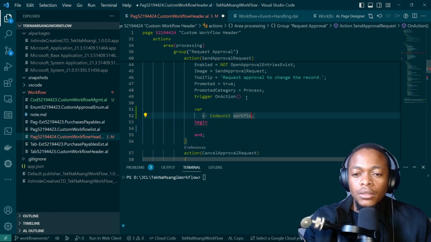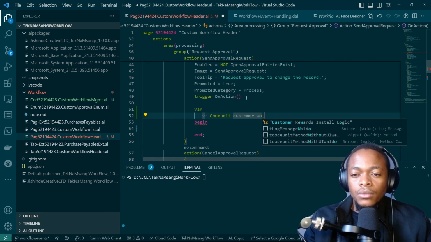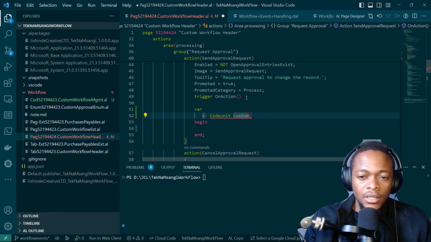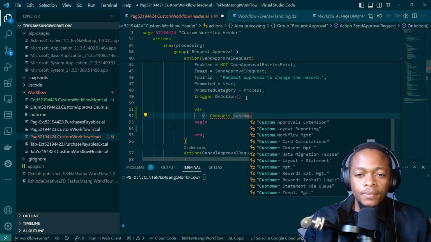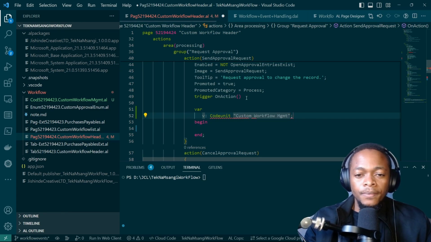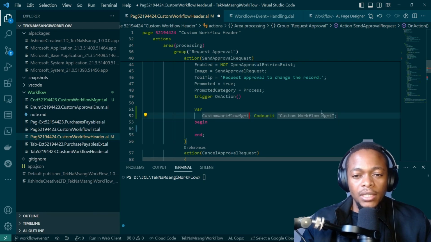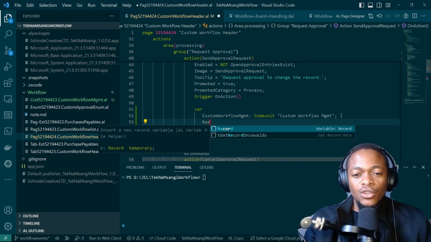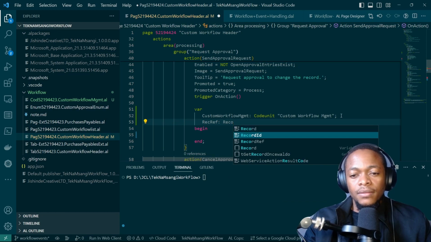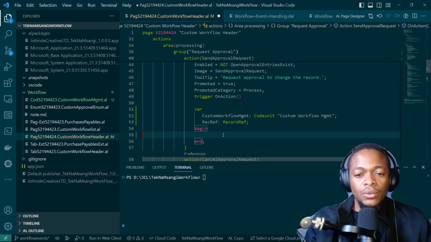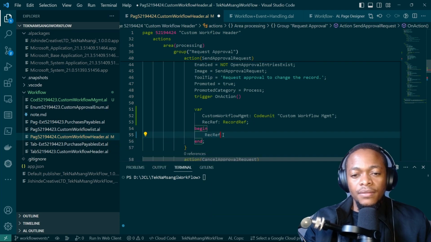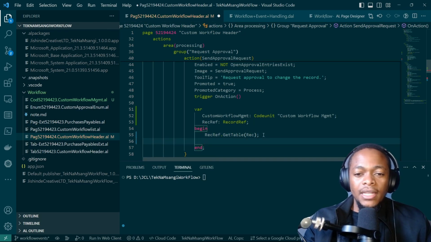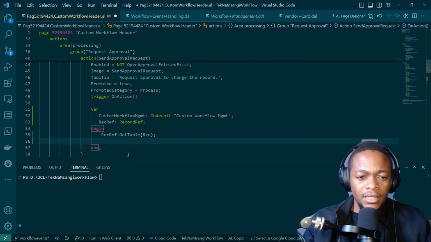Workflow management or custom. What is the name of my code unit? Custom workflow management is the name of the code unit. So we need that code unit, and the code unit takes in a record ref. So the first thing that we'll do is record ref. We'll just get the table that is the current record of the vendor, and once we get the record, we will basically now,